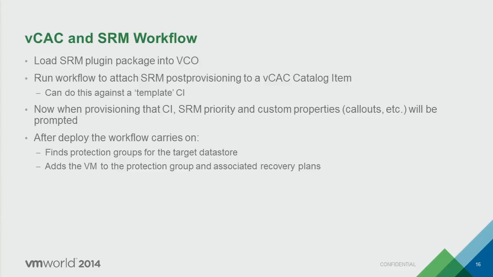So we load these 2 packages into VC Orchestrator. We then run this workflow that will attach to your blueprints and put a post-provisioning step onto it, so that when you deploy that catalog item, this post-provisioning workflow behind the scenes transparently goes out to VC Orchestrator, which goes out to SRM, and automatically protects that virtual machine. So there's some setup involved in loading these packages in, and as I mentioned, customizing it to your environment. But after that's done, from the user perspective, it's fully automated upon deploy, which is very nice, because part